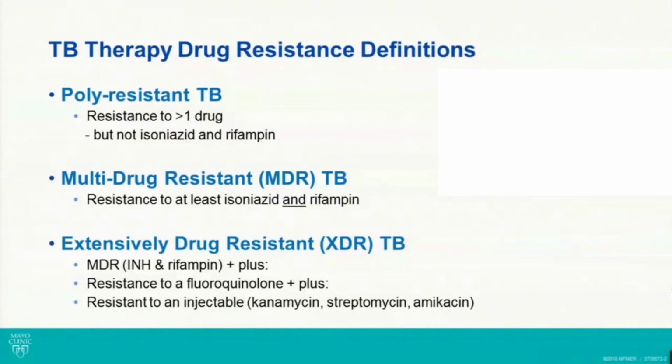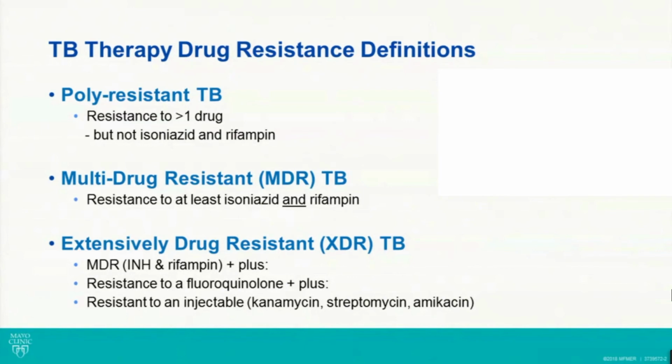Monoresistance is just that: resistance to one drug, which could be any of the first or second line agents. Polyresistant tuberculosis is resistant to more than one of the first line drugs, but not INH and rifampin together. Indeed, when a tuberculosis isolate is resistant to both isoniazid and rifampin, that by definition is